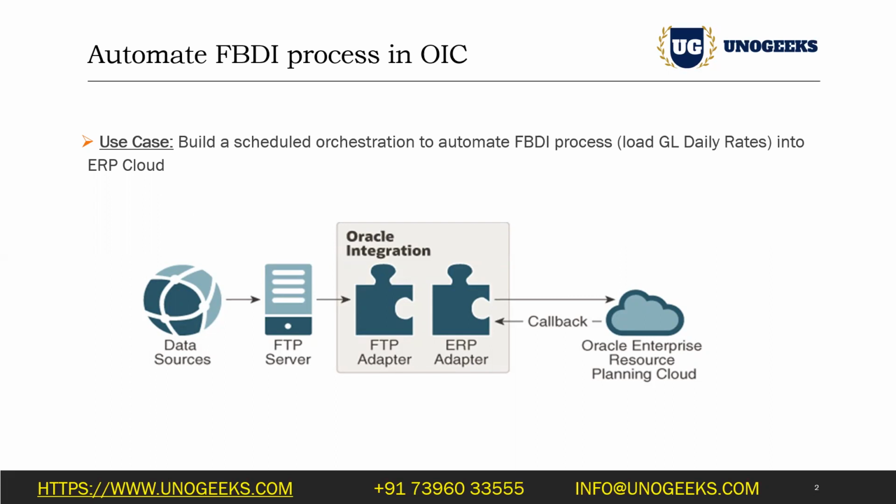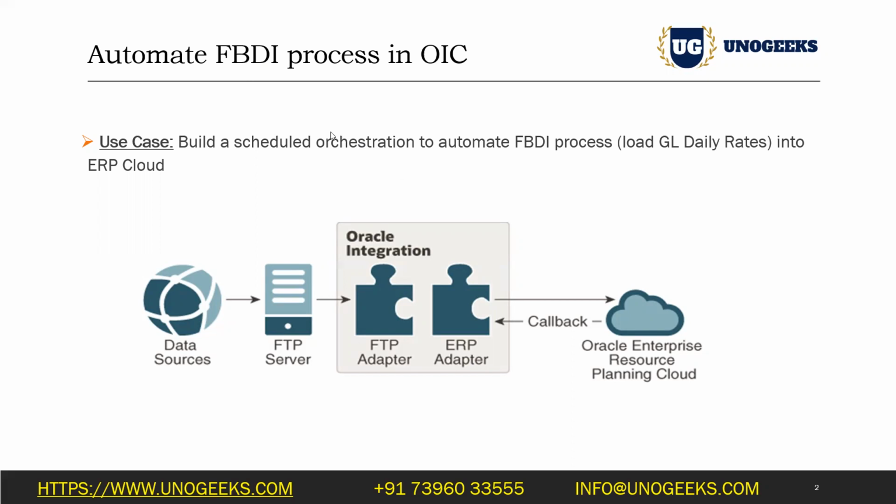We're just taking a core banking system and a banking client as an example, but it can be any other use case. Wherever you have a requirement to load files into ERP Cloud from some other data source, it could be exchange rates from Bloomberg that might need to be loaded into the ERP Cloud instance. In such cases, you cannot have a technical consultant just to do this data load activity, right? That's where building an integration in OIC to automate the whole FBDI process helps. This is one of the most common integration patterns you come across in real time, popularly known as FBDI automation integrations.